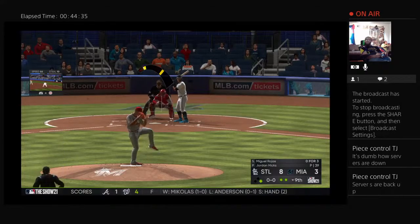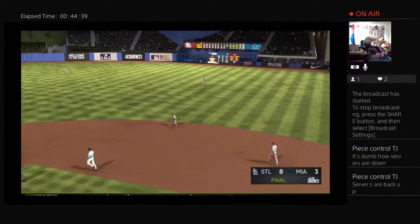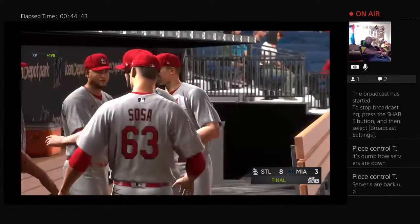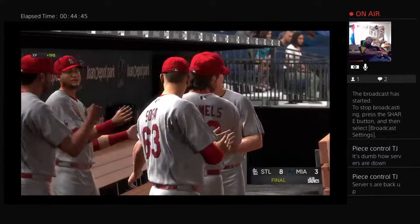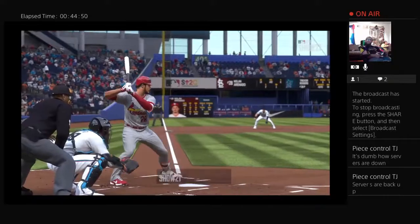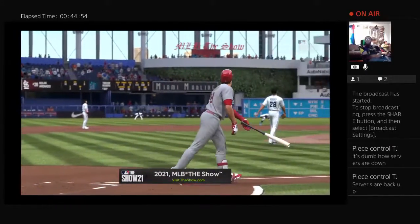Now at the plate here is Miguel Rojas. He's hitless in 3 at-bats at this point. And he'll put this one away, and with that, the ball game is over. This was just a nice win for these guys. They did most of their damage in that big second inning and did what they had to the rest of the way to secure this win. 8-3 tonight. The Cards